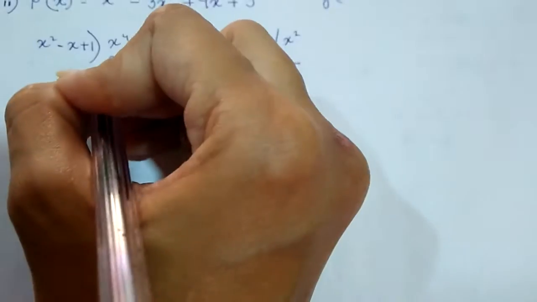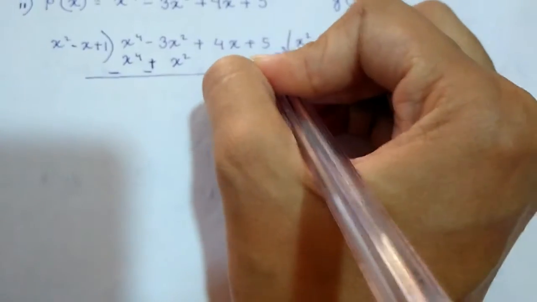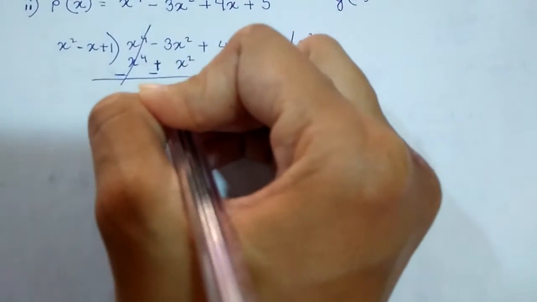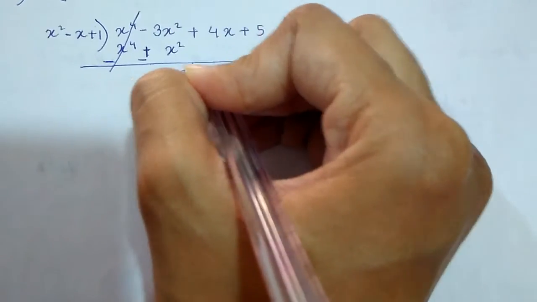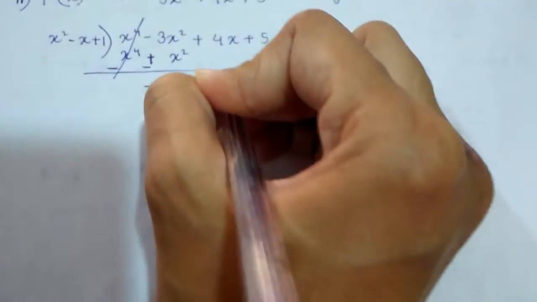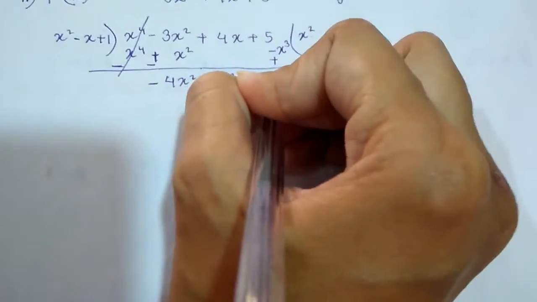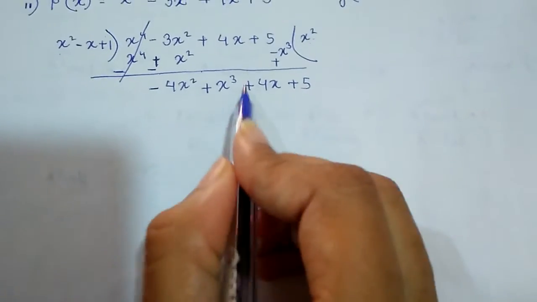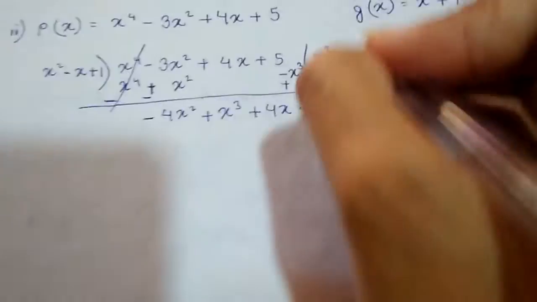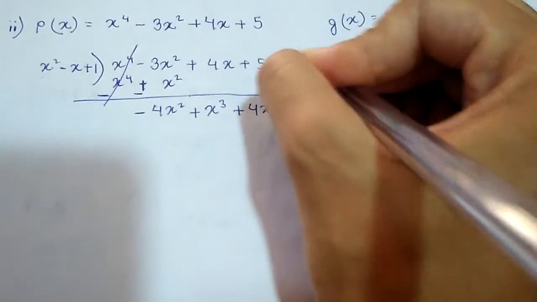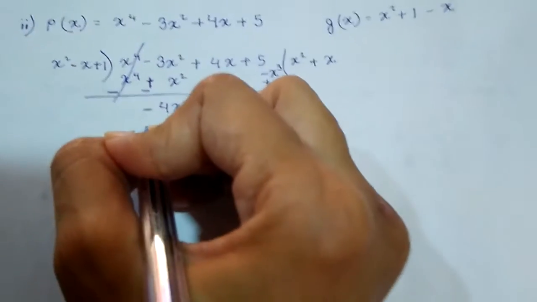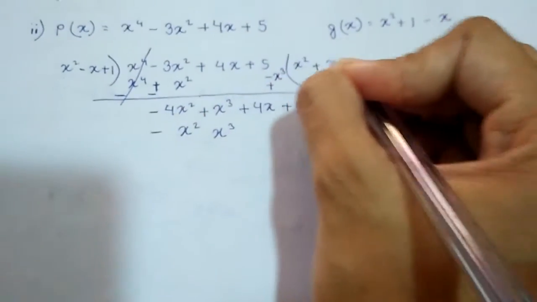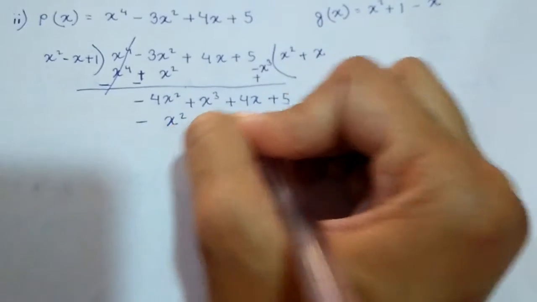So what we got is, we have to change the sign. Don't forget to change the sign. Minus 4x square. We got this, so we will write this one also as x cube plus x cube, and then we will take 4x plus 5. Now here is x square but the largest is x cube. So we have to multiply it with x. So we will write plus x. Now x into x square will become x cube. Plus x into minus x will become minus x square. And x into plus 1 will become x.